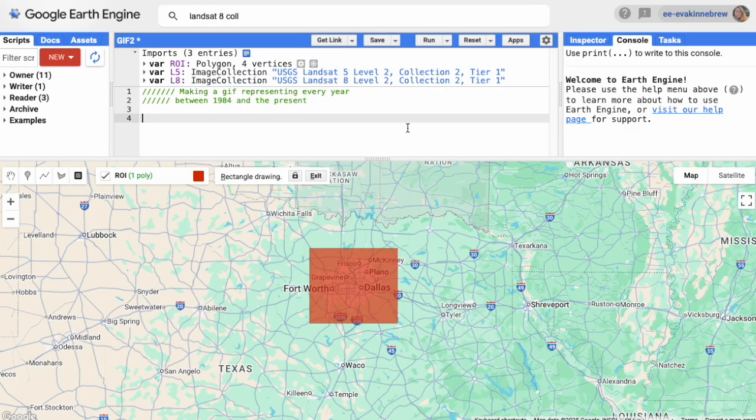In order to use both of these satellites, I'm going to need to rename their bands because these two satellites have different band names. For example, we know that in Landsat 8, the red band is called SR_B4, but in Landsat 5, the red band is called SR_B3. So instead of that, I'm just going to rename the bands that I am interested in and that I'll need